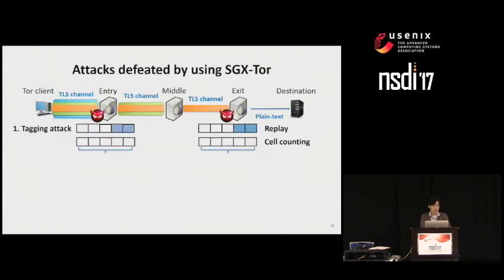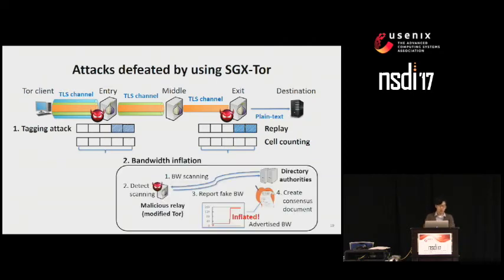Let me show how SGX-Tor defeats low-resource attacks with examples. A tagging attack is a type of traffic confirmation that changes the behavior of one end so it can be recognized by the other. For example, an attacker can detect a distinct pattern by duplicating existing cells or counting how many cells are sent over the network. This is used to effectively de-anonymize communications between two parties.